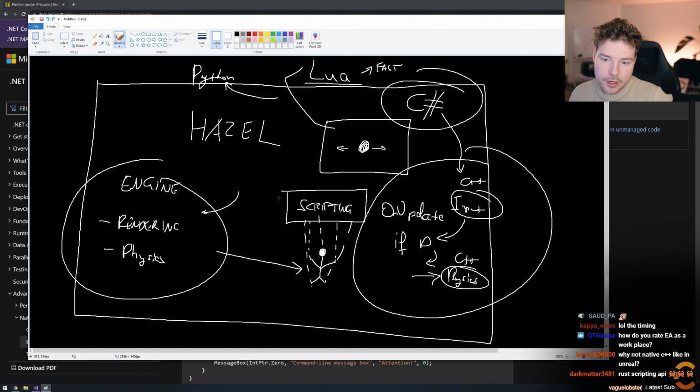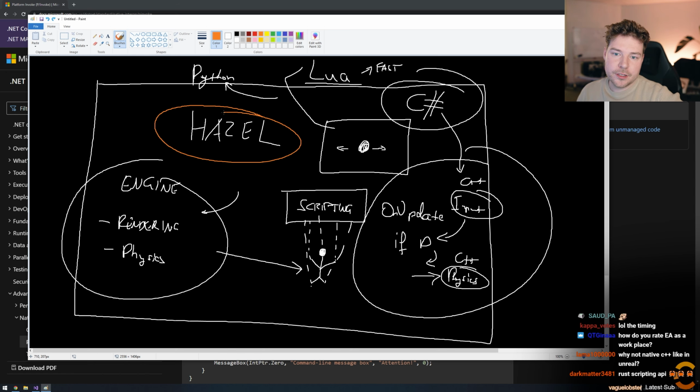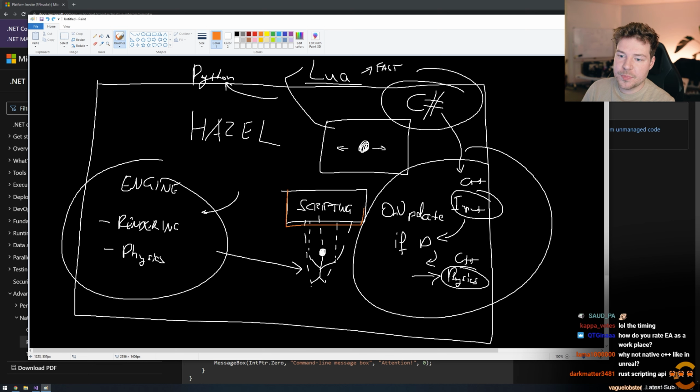The other thing is that I've drawn this diagram for a reason, and it's all going to come back in a minute. Because Hazel is kind of this ocean of stuff and scripting is a system in Hazel, it makes more sense for the C# to be embedded into Hazel.